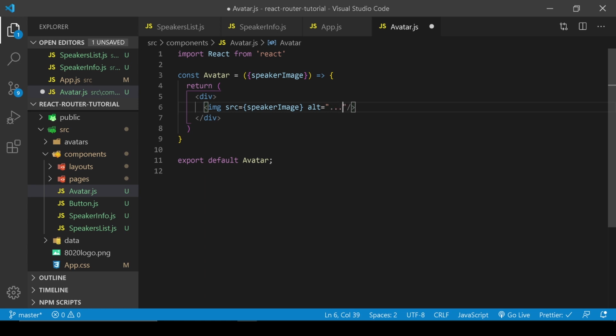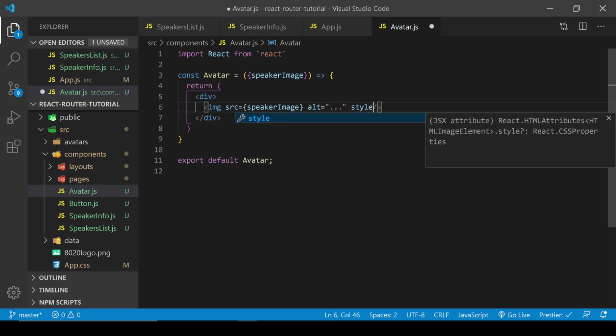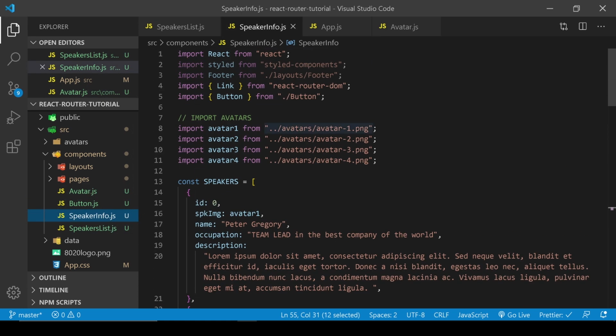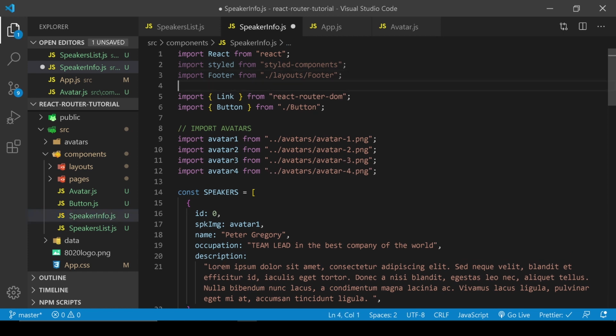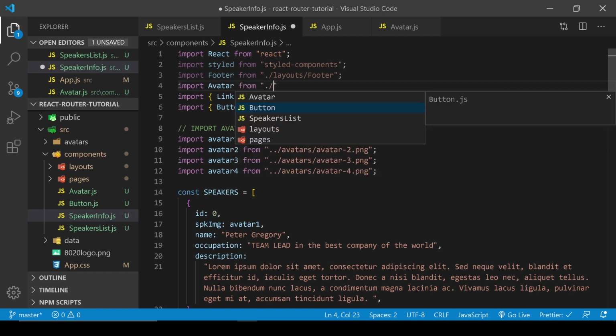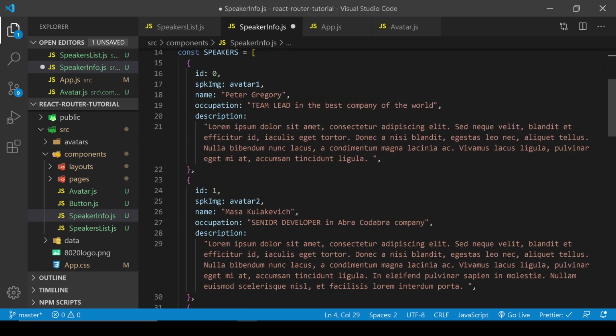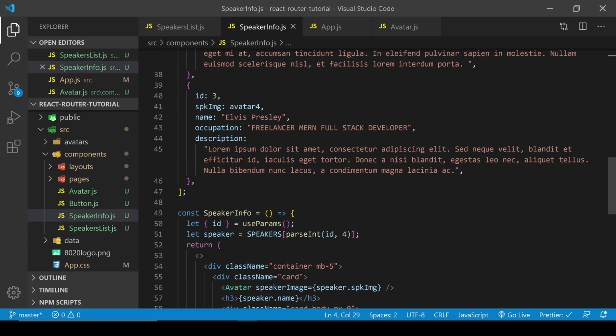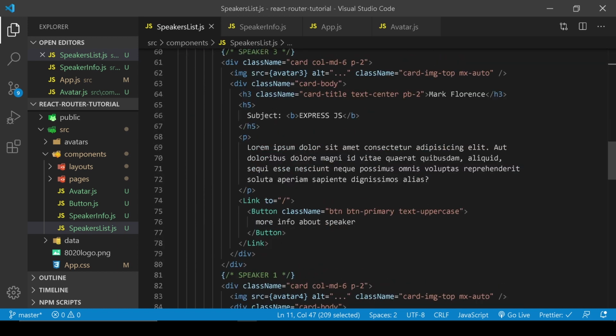Set 3 dots right here, and let's set the style. So style, the image gonna have the width 10 rem. It's in quotes, 10 rem. Let me save. Avatar, everything good, no errors. Let's bring the avatar in here. Import avatar from avatar. Okay, and we add avatar, speaker image. Let's save, and right here